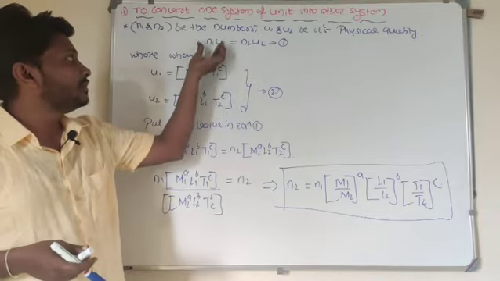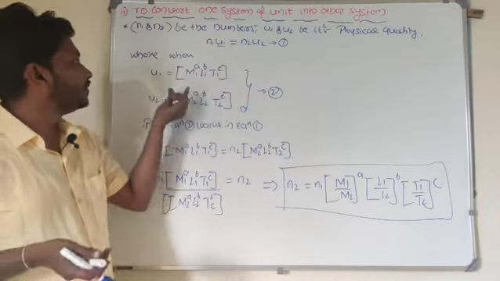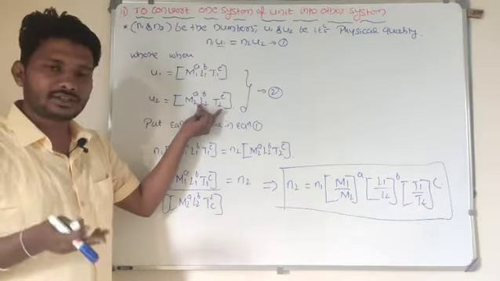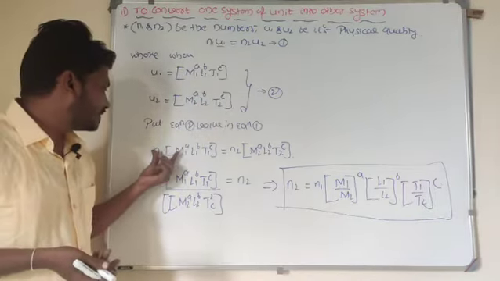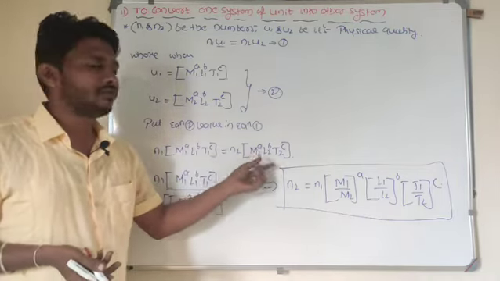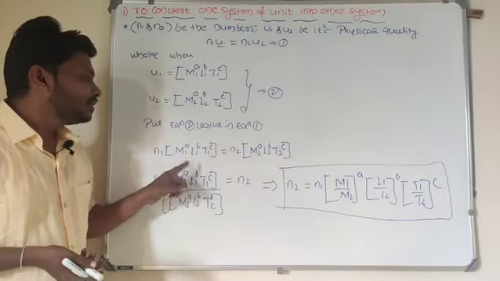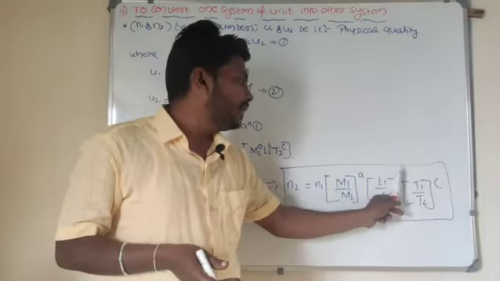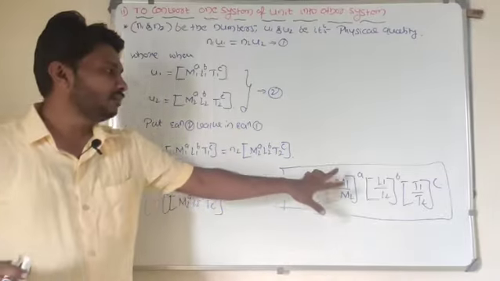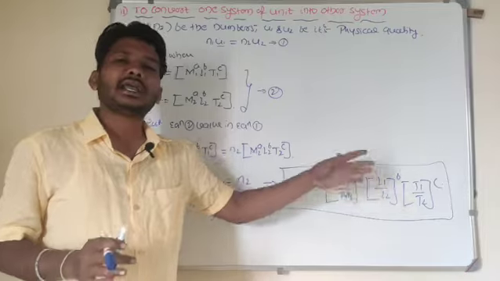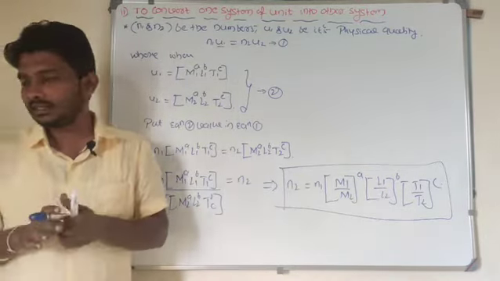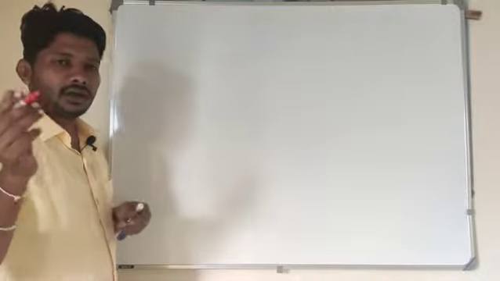So first you can consider here, quantity will be same, means N1 U1 is equal to N2 into U2 here. U1 dimensional formula is this one, and U2 dimensional formula is this one. We can consider M1 L1 of T1 and M2 L2 of T2 respective powers. If I know that A, B and C value, I can find out that N2 value here. So let me give an example. From that example you may come to know.